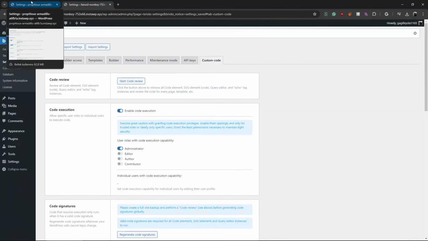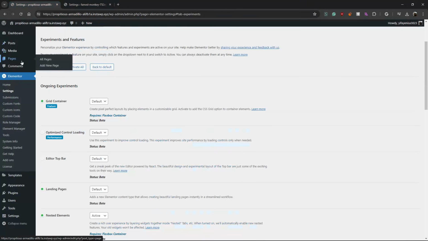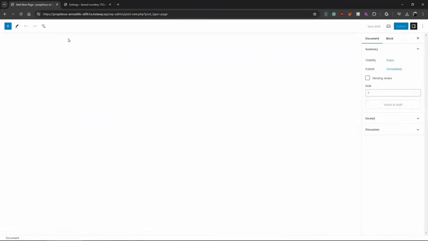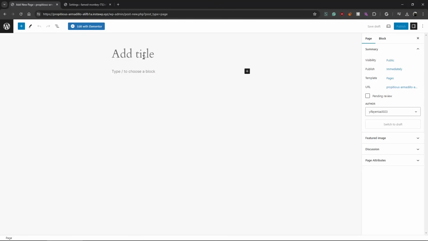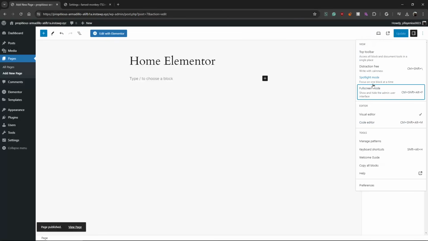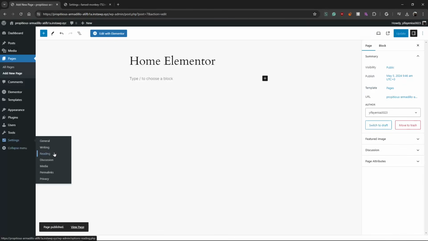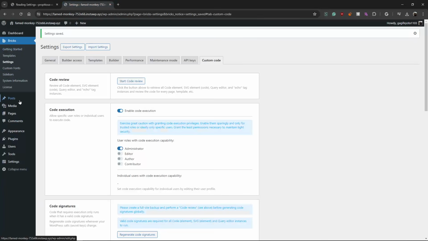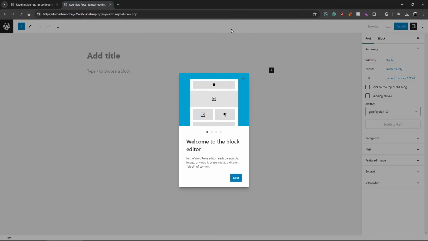And after that, we create a page. Let's make a home page for Elementor and Bricks. I want to show you guys the colors and the font setup. Okay, let's make one on Elementor. Let's disable the full screen, our Elementor home screen. Go to the reading settings. Let's make that page my home page. Let's make the same for, oops, not post, no, page,